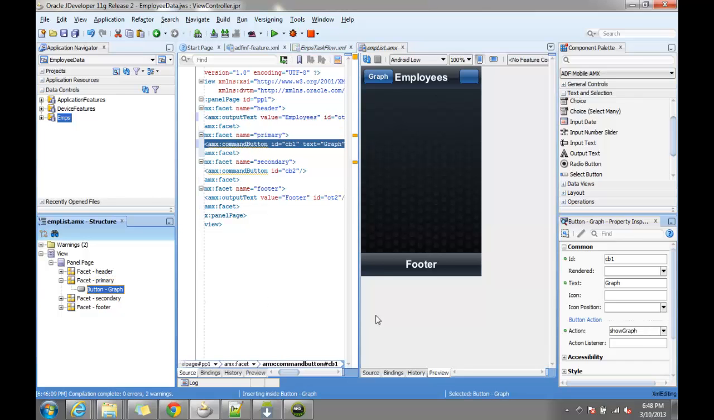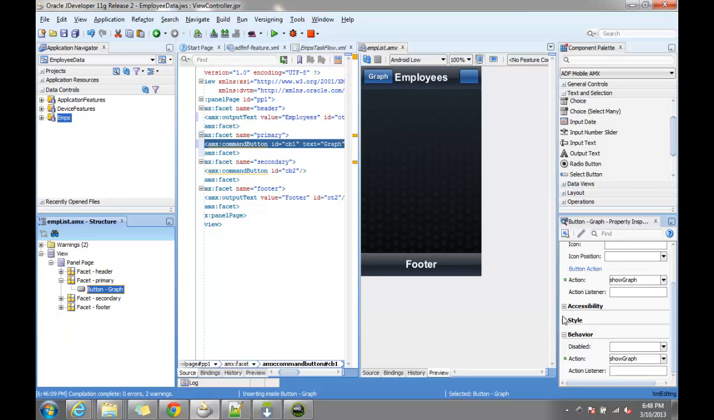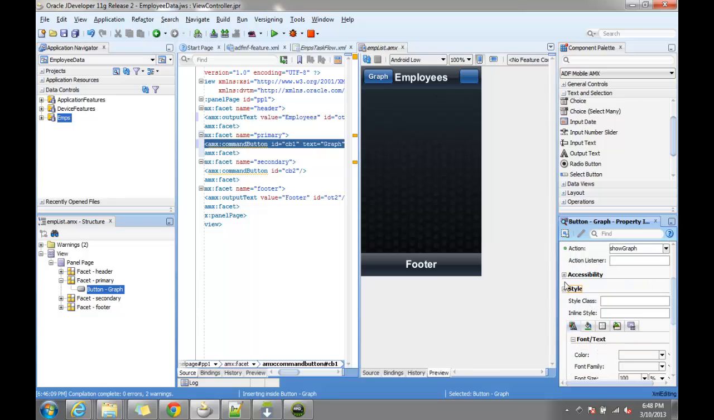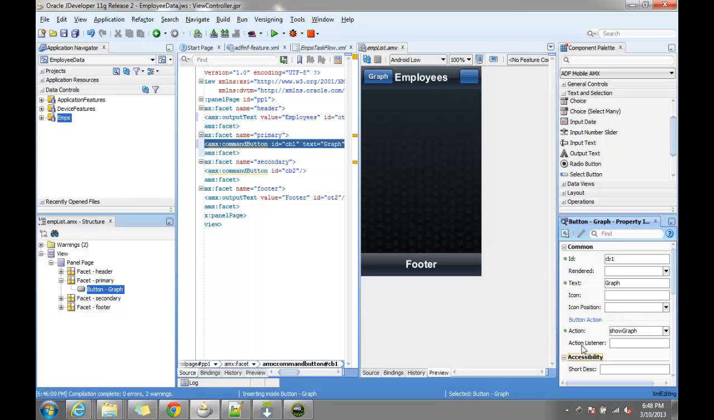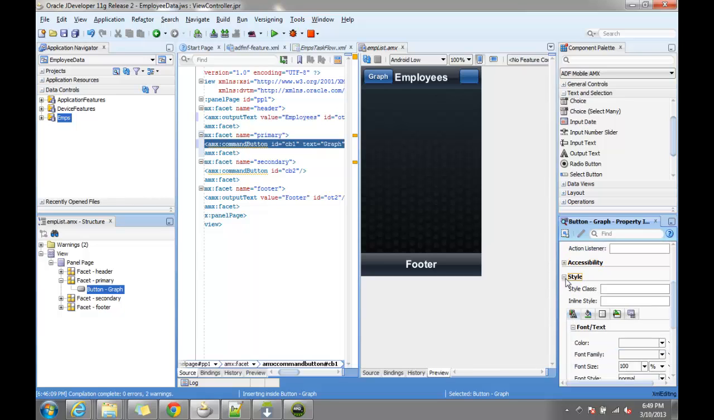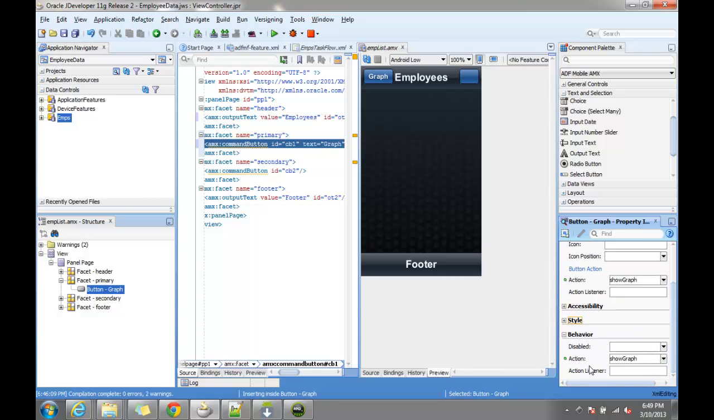Now when I go to this graph page, I want the transition to be smooth enough. So how do I do that? And then okay,